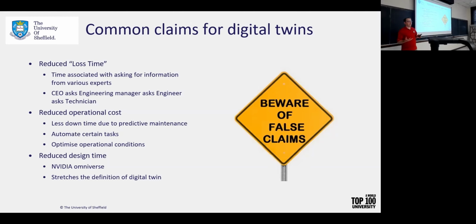So when you talk about design digital twins, it's very debatable whether or not that's an actual digital twin or whether that's just a model. So particularly when you talk to computer scientists, they consider that just to be a model. They don't consider that to be a digital twin at that point. Talk to design engineers, that's a digital twin because that's an easy way of getting money. It's calling what you're already doing a digital twin. So those are kind of some of the common claims around what a digital twin is and what it can do.